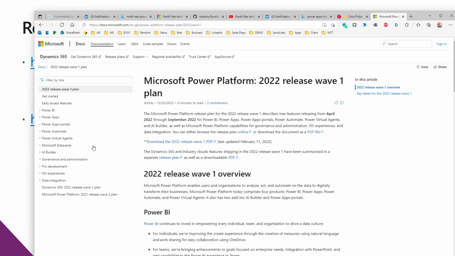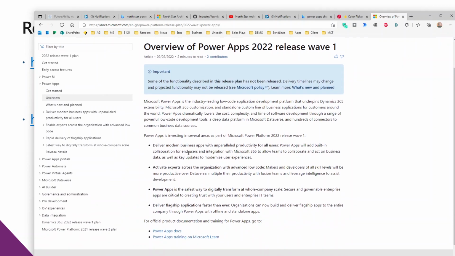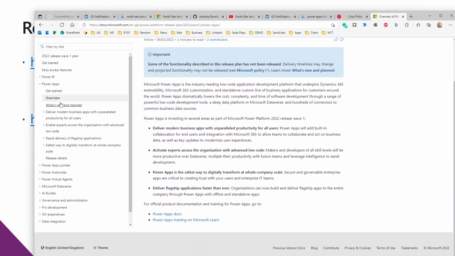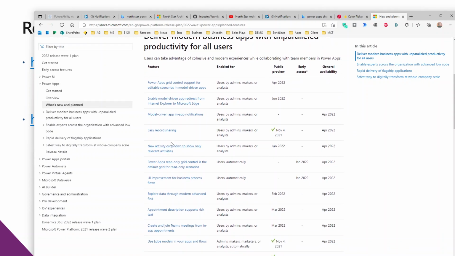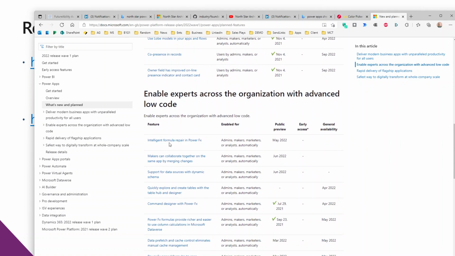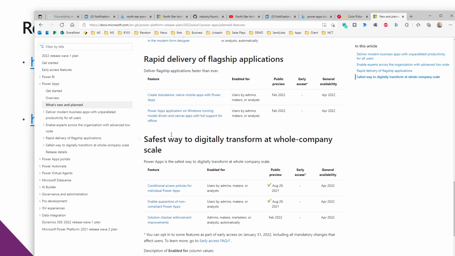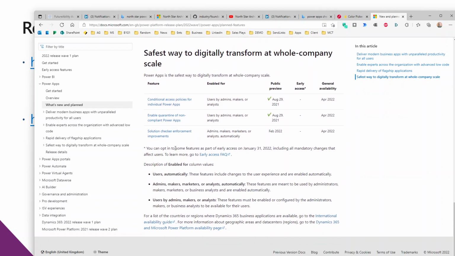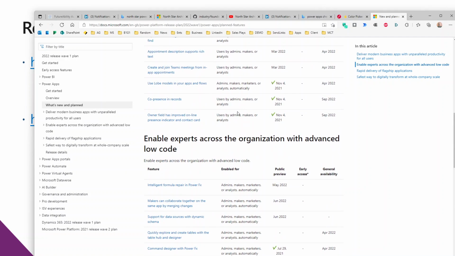Yep, here we go. So here you can see, let's see what is actually on the roadmap for Power Apps. You can look at the overview of what's coming, what's new and planned. So intelligent formula repair with PowerFX, so that is coming in May, which is great. So you can see here the whole heap, lots and lots and lots of changes coming. I can't see any of them about